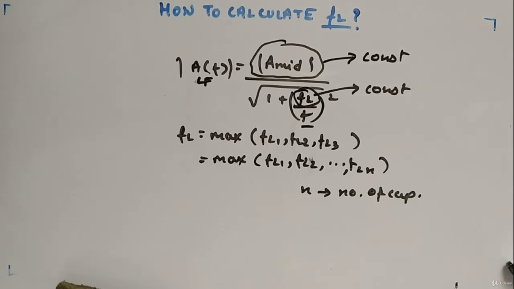Okay, so that is how you approach the problem for FLs. So the only tiring process is calculating FL. Okay, so we will see an example so that you will get a clear picture of how we have to use